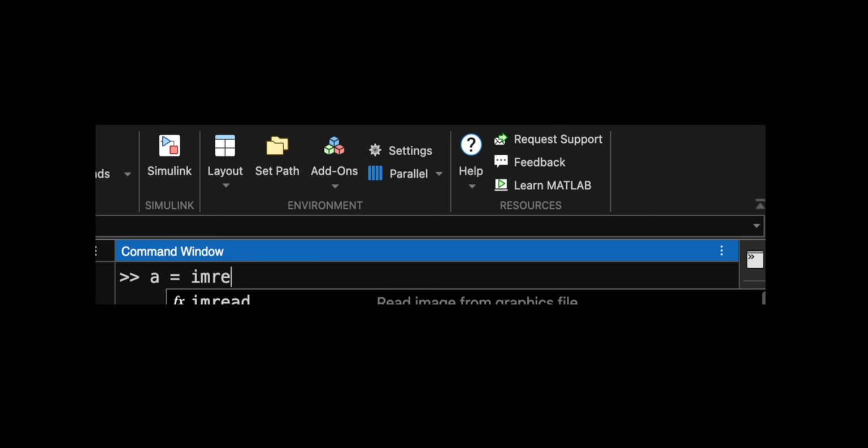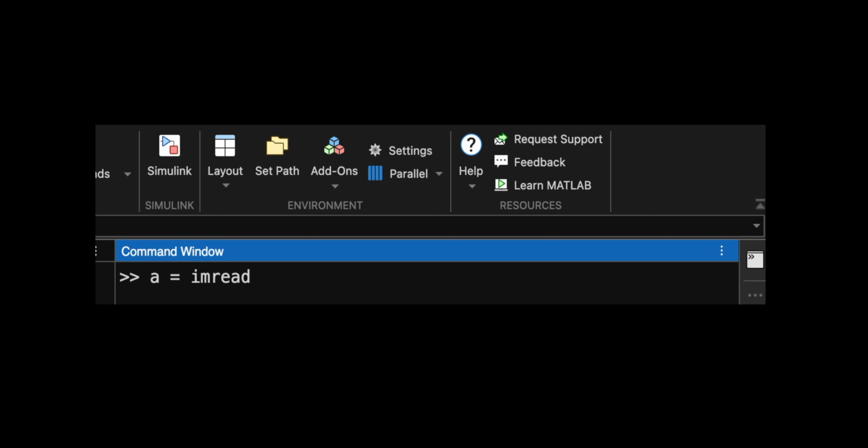Now let's use MATLAB to visualize the grayscale image.